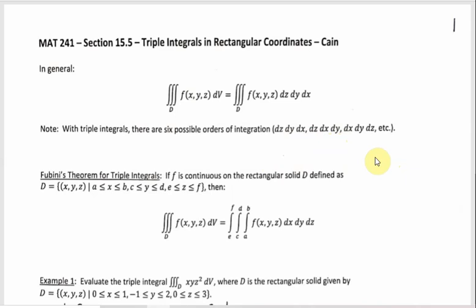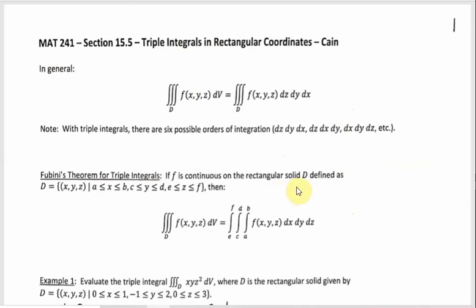And the other thing is that because you're integrating over a three-dimensional region, with all those different possibilities, there will sometimes be ones that are significantly harder than others, just with different orders, even if you're integrating the same function. And I think you just have to do a few of them to get used to that and to think, okay, if I go this way, it's going to be easier than if I go this way. But this first thing with Fubini's theorem, that part that I just said actually doesn't matter,